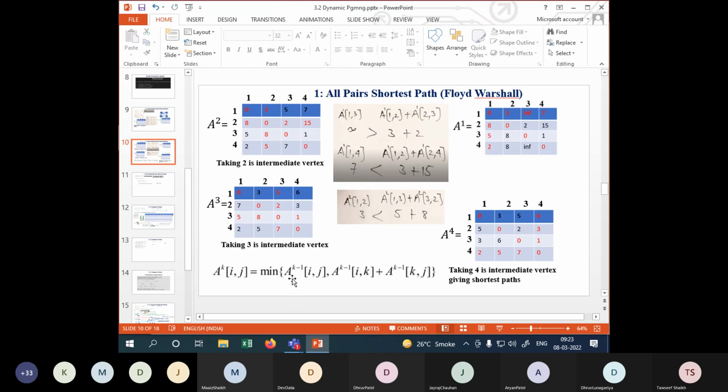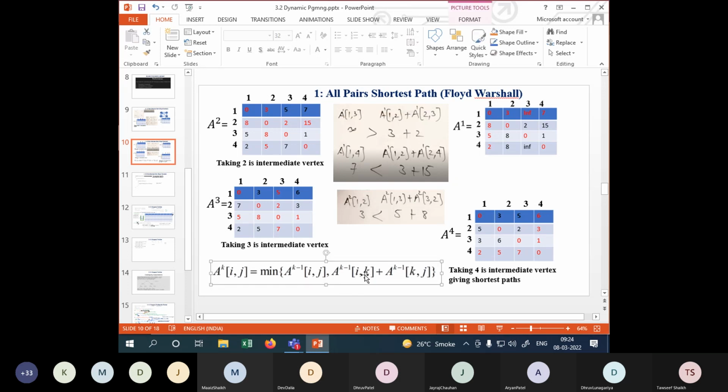Forget this minimum for some time. We were taking it from the matrices which was one less than this matrices. If it is the third, we were taking it from the second. That's why A k minus 1 i comma j from the elements of the previous matrices, or we were taking A k minus 1 i comma k from the previous matrices,